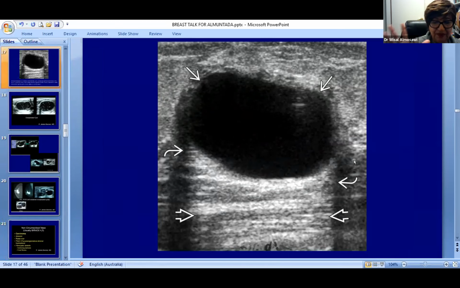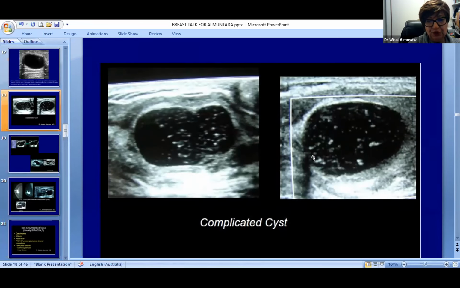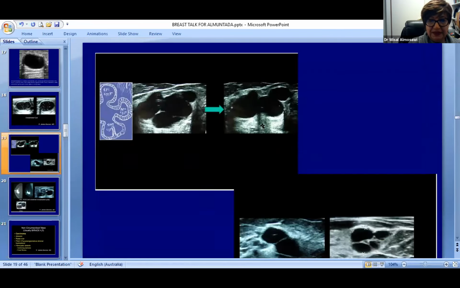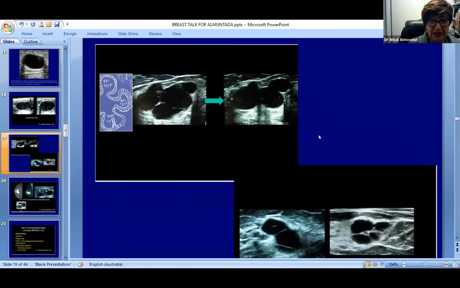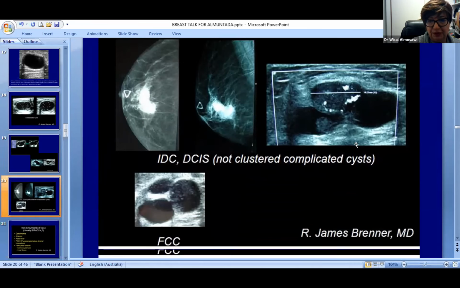Sometimes if it's big enough, bothering the patient, we just put a needle and aspirate it. Sometimes you end up with a complicated cyst. It could be hemorrhage. It could end up with infection, abscess formation. This one we usually try to aspirate. Multiple fibrocystic changes, very common finding in the breast. Sometimes you see cysts, but then a tiny little nodule. Once you see a solid nodule with vascularity, you worry about it. It could be intraductal papilloma. So we have to biopsy this, and we have to biopsy the solid nodule.